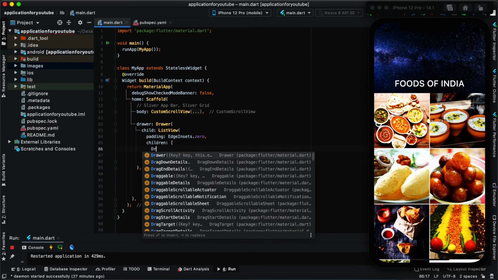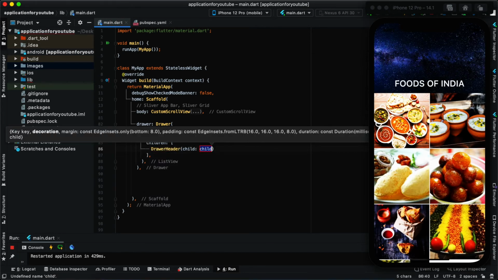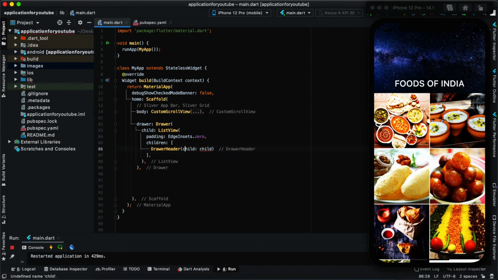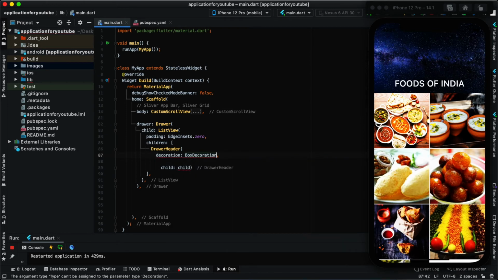The first one is your DrawerHeader, and it should contain my child also. Before this, it should contain one more thing, which is my decoration. It would be your BoxDecoration, and let me choose some default color.